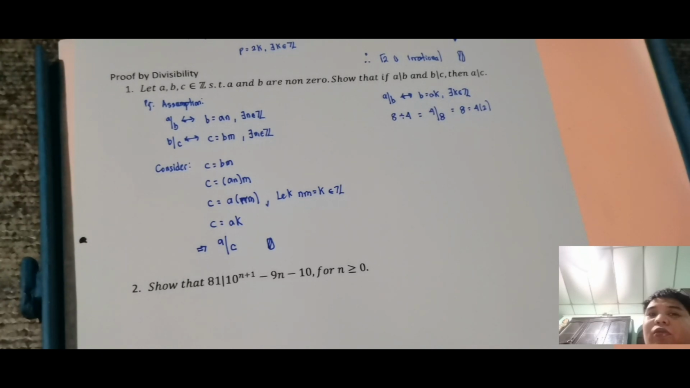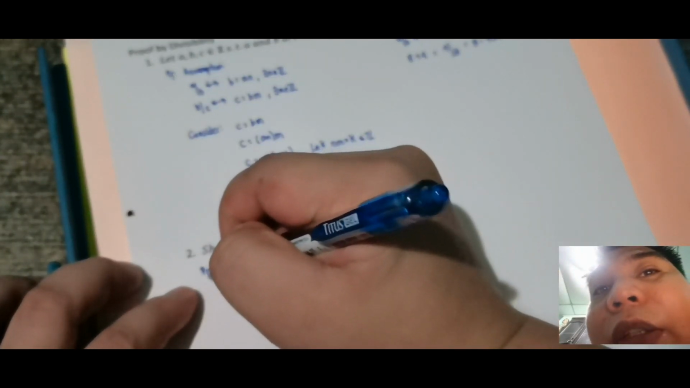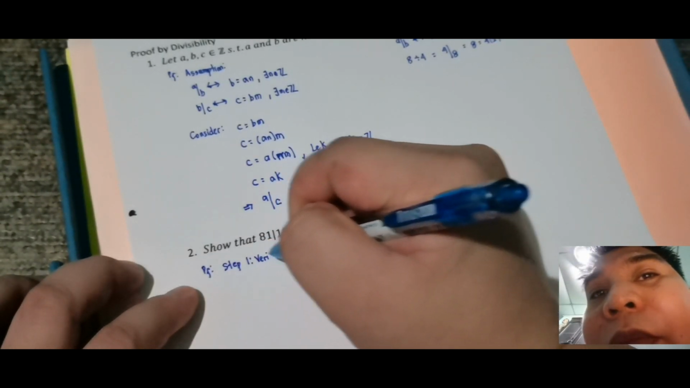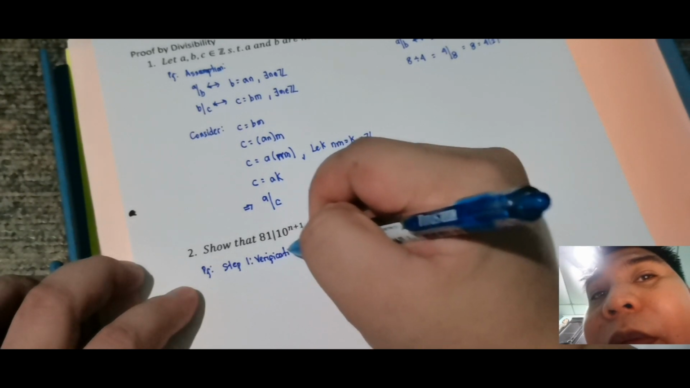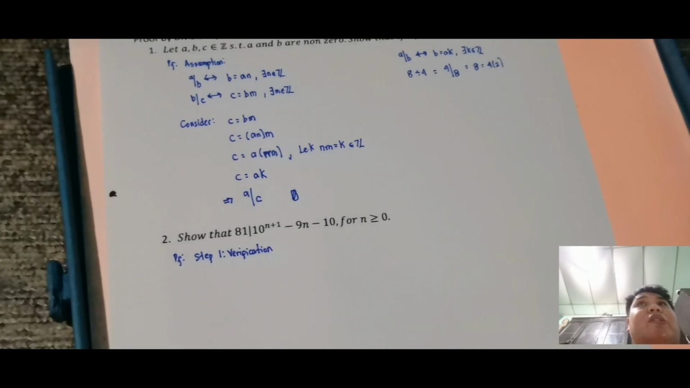Kung titignan mo, for n is greater than or equal to 0, obviously ito ay mathematical induction, kasi mag-i-start ka for n is equal to 0, 1, 2, 3, 4, and so on. Pero may idea ng divisibility. So ito yung proof niya. Ano ulit nun sa mathematical induction? Step 1 is verification. Ngayon, may condition: for n is greater than or equal to 0. So possible hindi ka mag-i-start sa 1, mag-i-start ka sa 0. So for n is equal to 0,